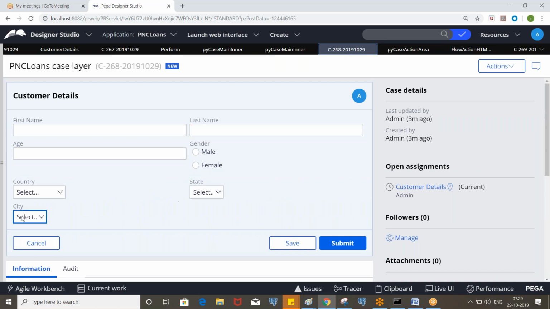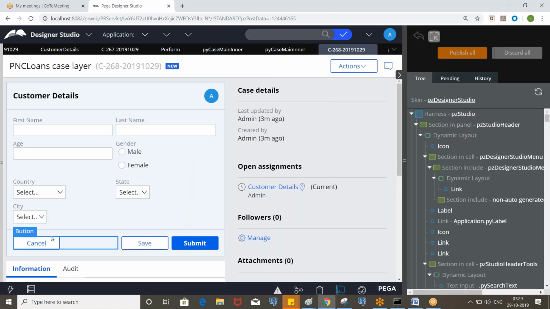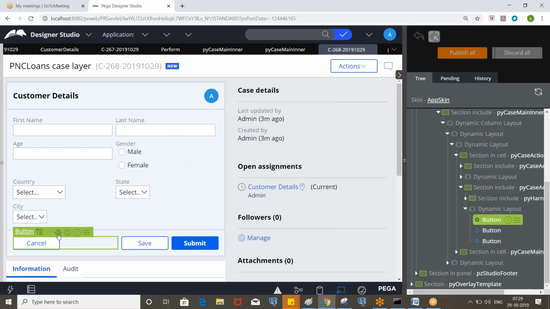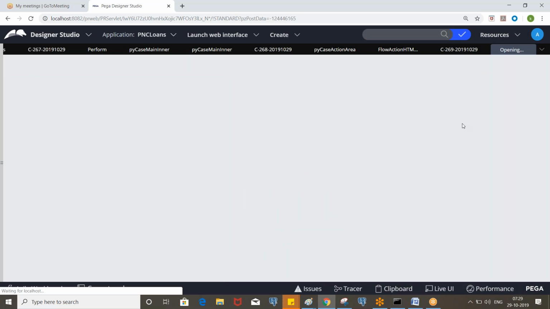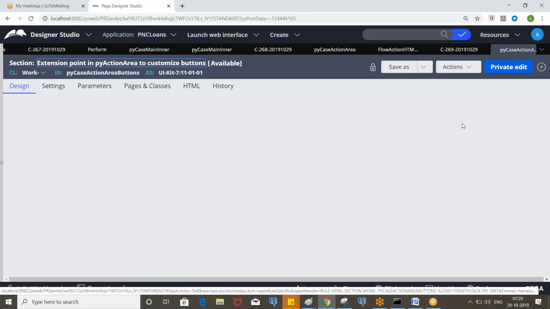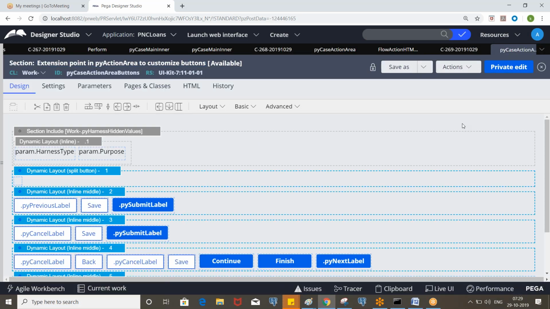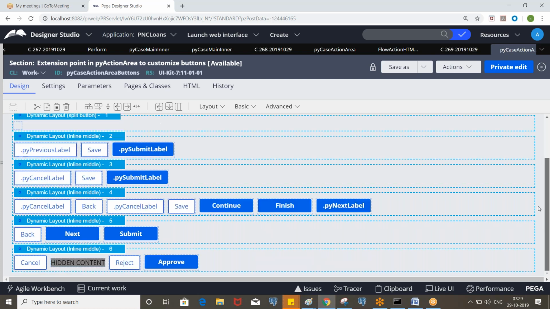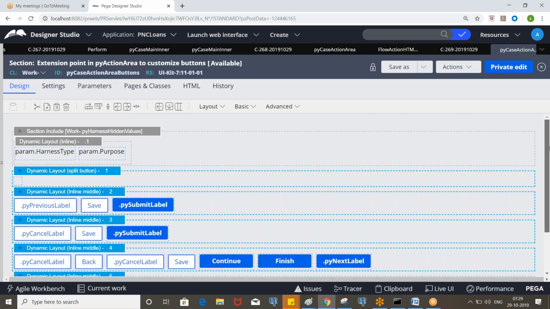And here we have some buttons available, right? These are part of some section. Here we have a section called py case action area buttons. Okay, this is the section which is used across the application. Here we have a lot of buttons, and all are conditionalized.